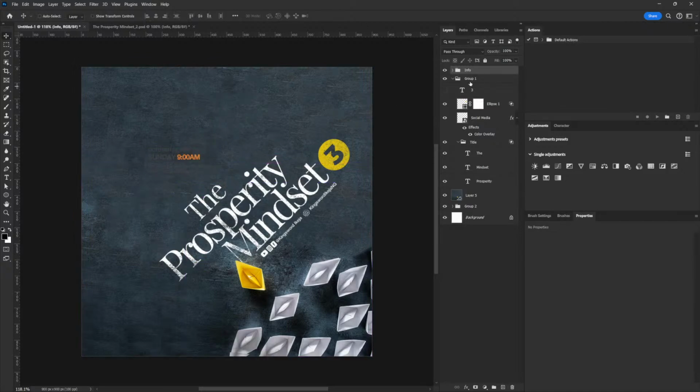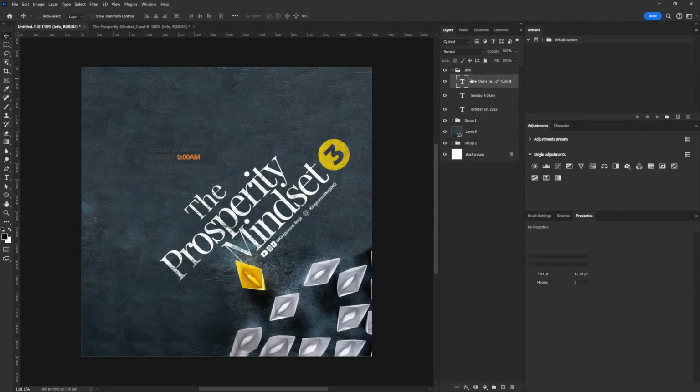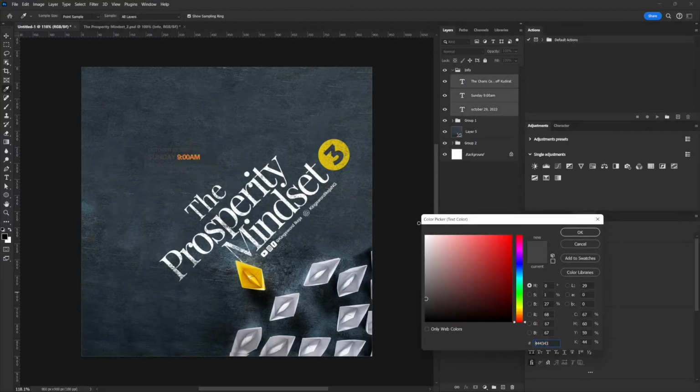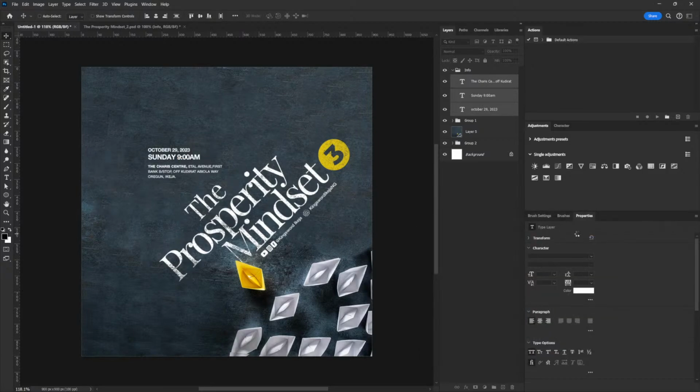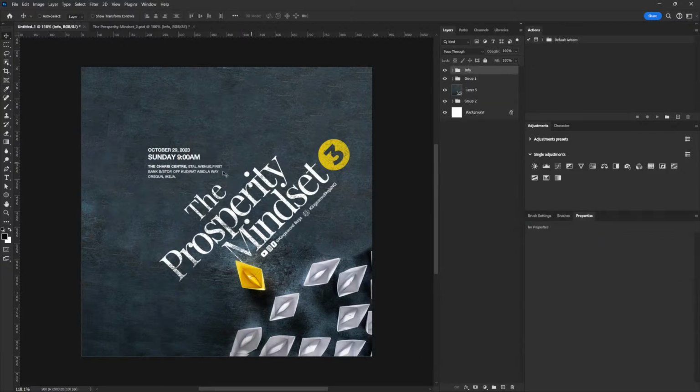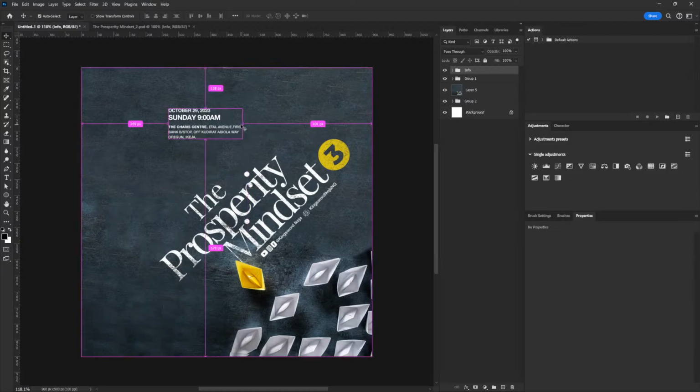Before we start playing with moving it around, I'm going to change the color to white like that. All right. Then let's see if we have it here. Okay, here. Actually, it's not bad,